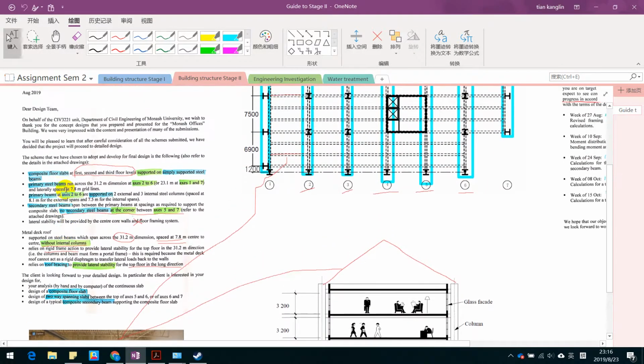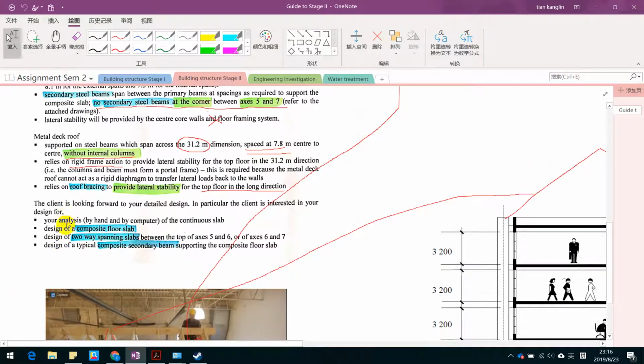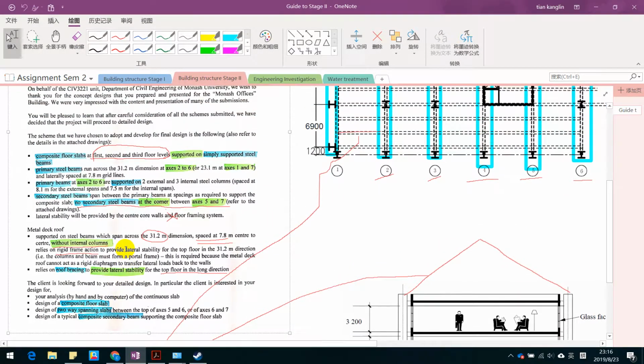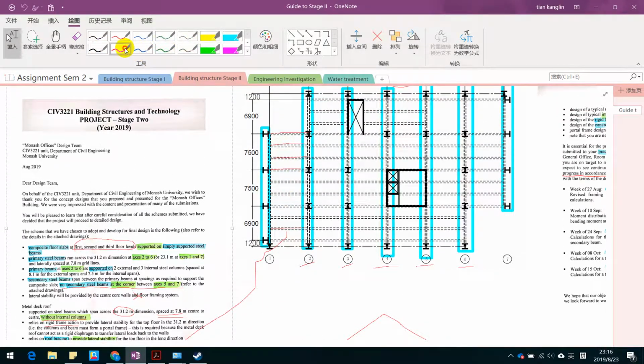those settings are taught. Then we need to design something. So we need to design firstly the continuous slab. We'll talk about that later, and also the design of the composite floor slab, and that actually means those things here. This slab which sits on primary beams,